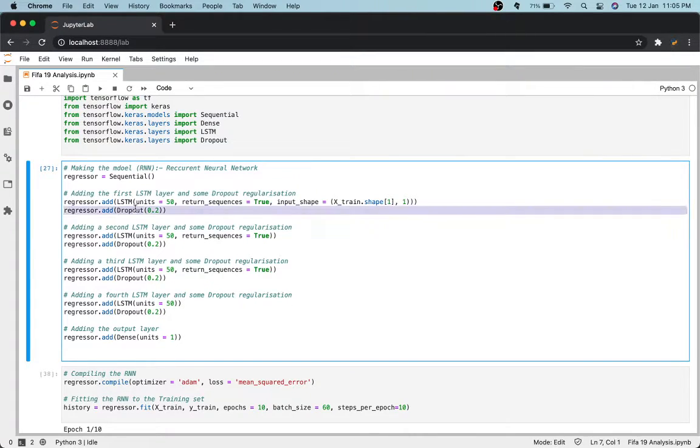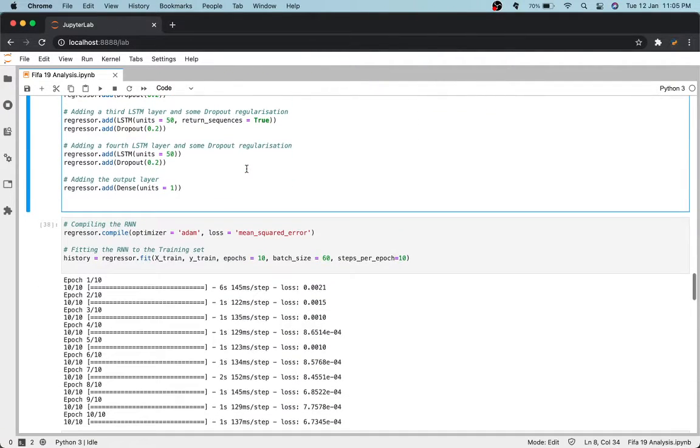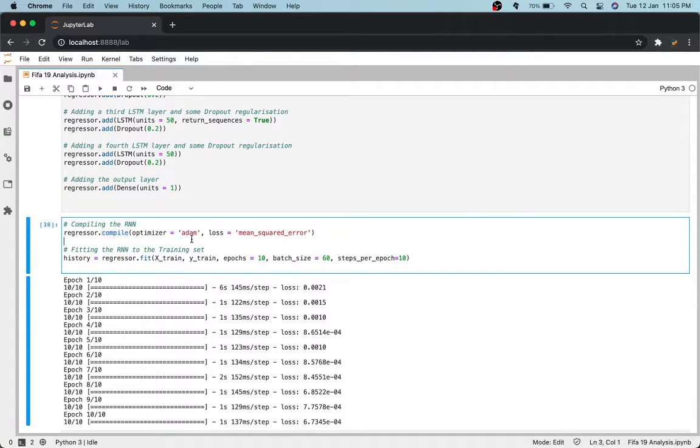I've also added some dropouts just to avoid the overfitting that will be caused to the model, because sometimes the LSTM layers really can overfit the model, and that's something that you do not want. Then I basically compiled the model with an optimizer of Adam. Adam is a very popular and good optimizer, even for text classification as well as image classification, and a loss of mean squared error.